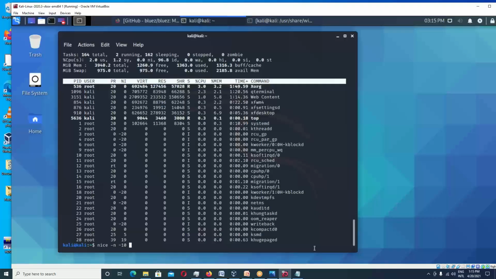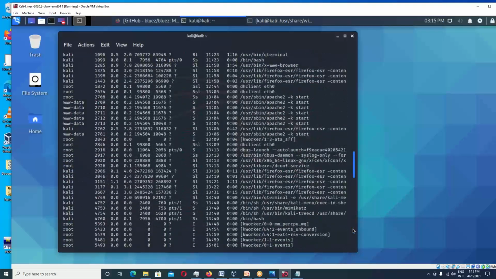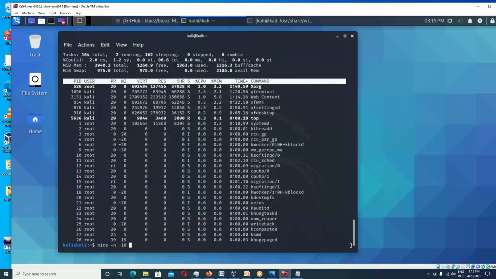Let's pick a process from above. How about our user bin Apache? Let's go user bin Apache 2